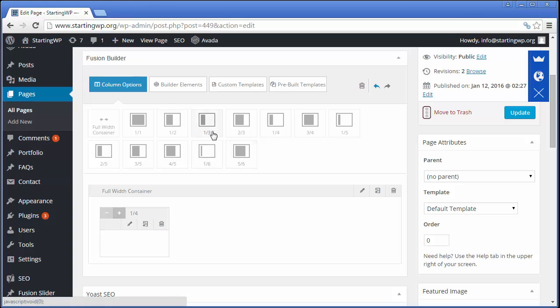Now for some reason it's actually saying 1/4, but no problem. To adjust these, you can press the plus arrow to increase the width to 1/3 or 2/5, whatever you would like, up to 1, which is the whole width, and it goes down to a minimum of 1/6. So we wanted 1/3, and then for the remaining area here we're going to use a 2/3 container,